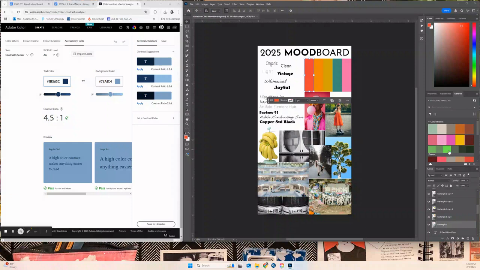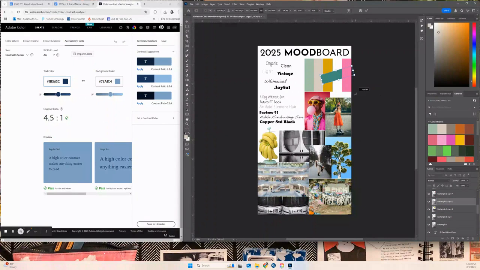So if I decided, well, I really like this color scheme, but now that I have all my images together, maybe that's not that representative of my brand. I could totally go in and select another one. So maybe I think this one is better. So I might click them one at a time. There we go. Click them one at a time and go across and add in,